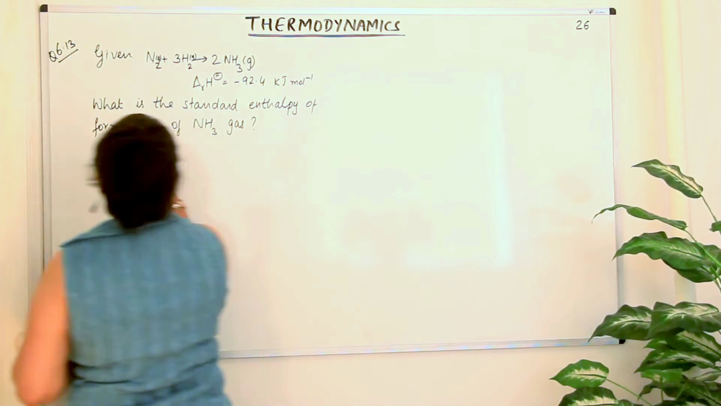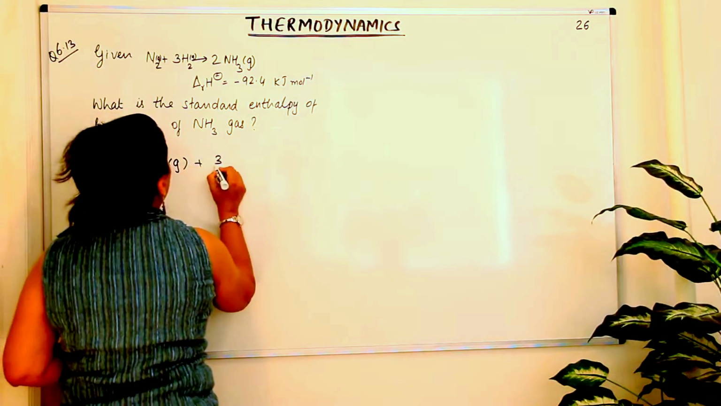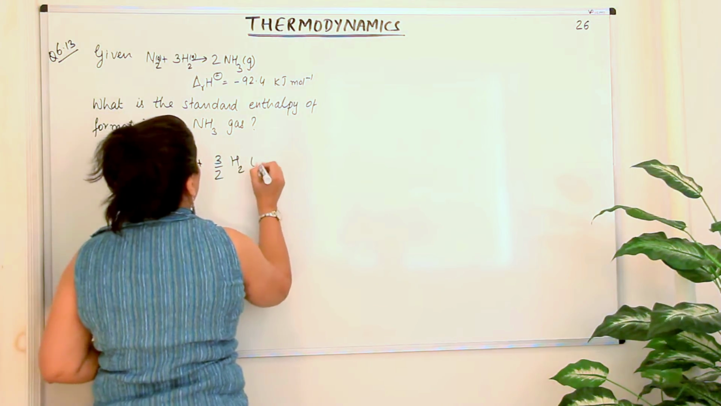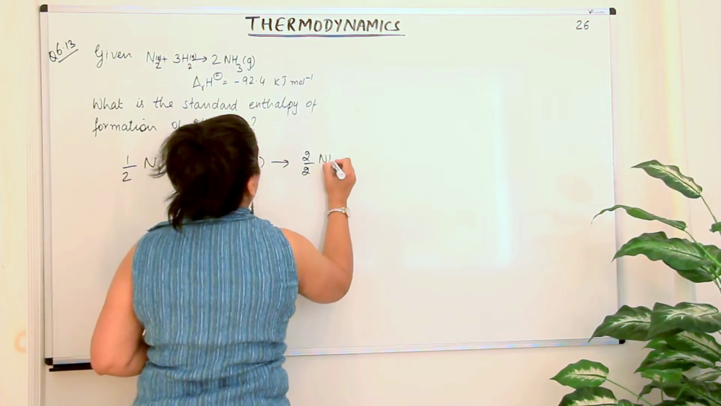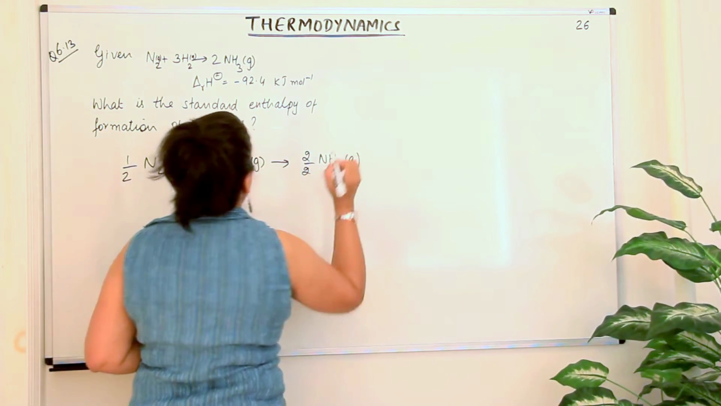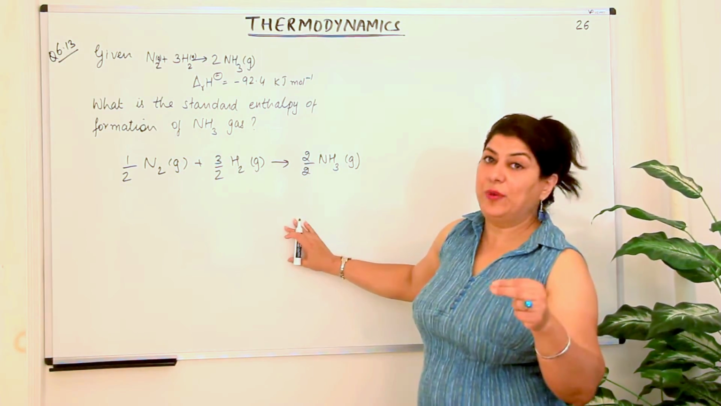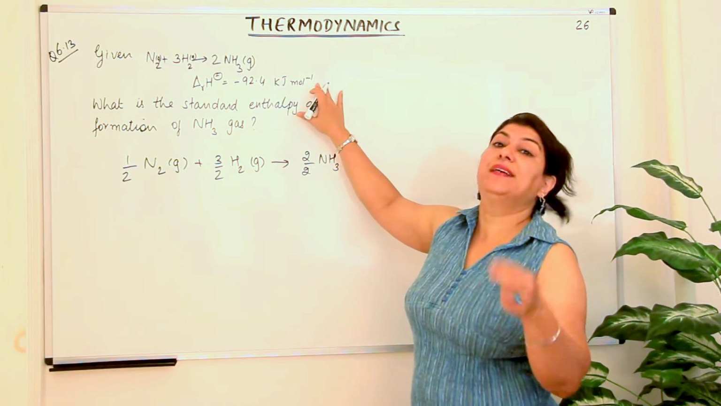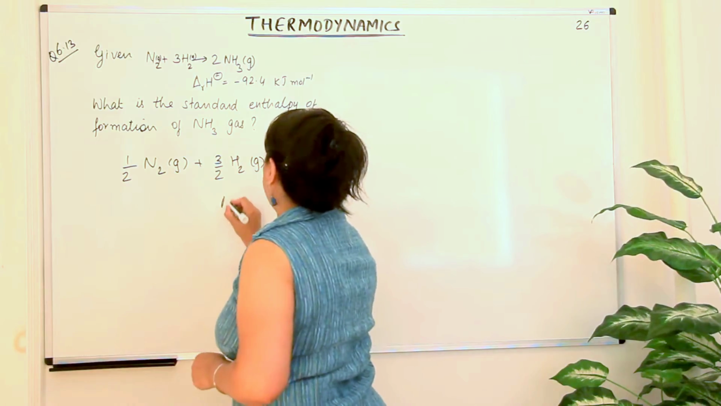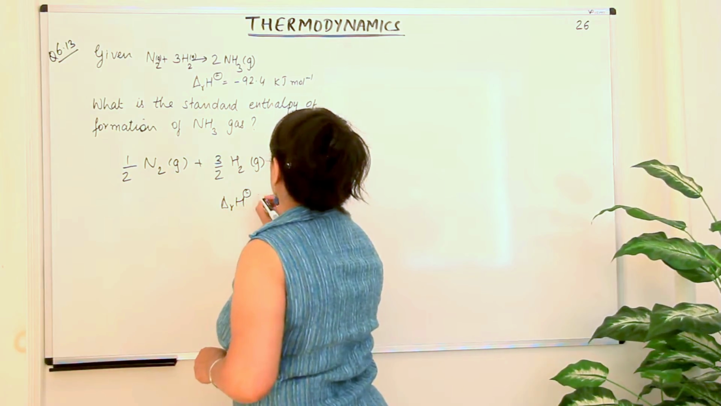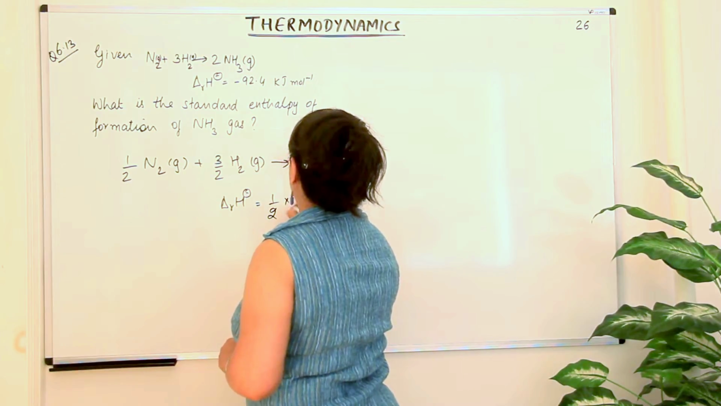So how would I change it? It would be half a mole of nitrogen gas combines with 3 by 2 moles of hydrogen gas to give me 2 by 2, that is 1 mole of ammonia in a gaseous state, right? And what is the enthalpy? When you divide or multiply an entire equation, you have to multiply or divide the enthalpy as well. So the enthalpy of reaction, which is minus 92.4